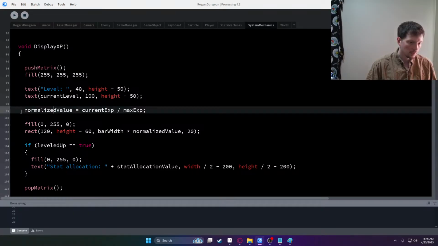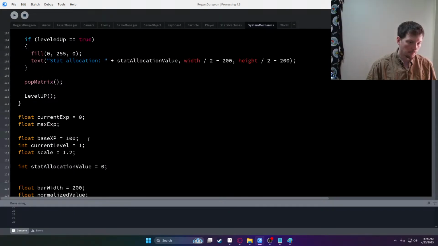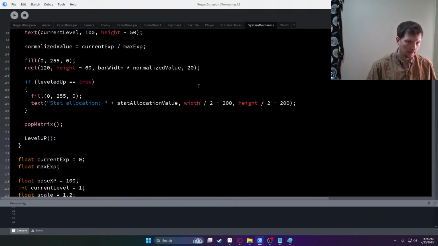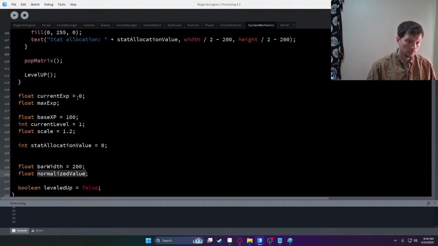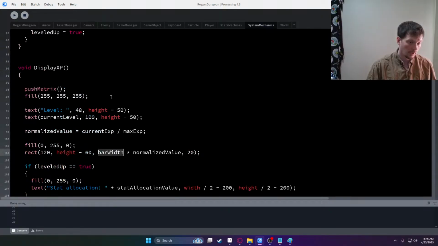So here we have a normalized value, and that is being multiplied. Bar width kind of looks like the same setup here. We have some type of bar width, some type of normalized, and it's just going. So yeah, that's definitely how I figured